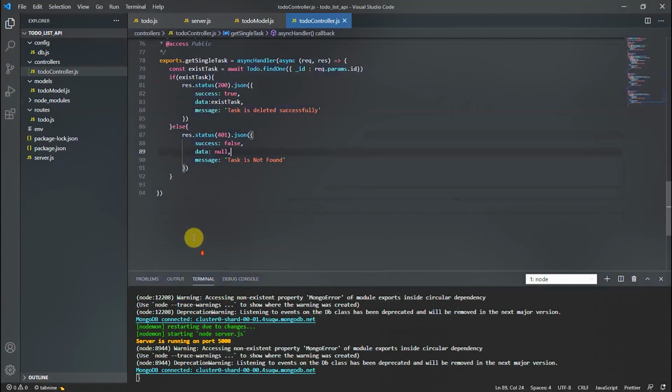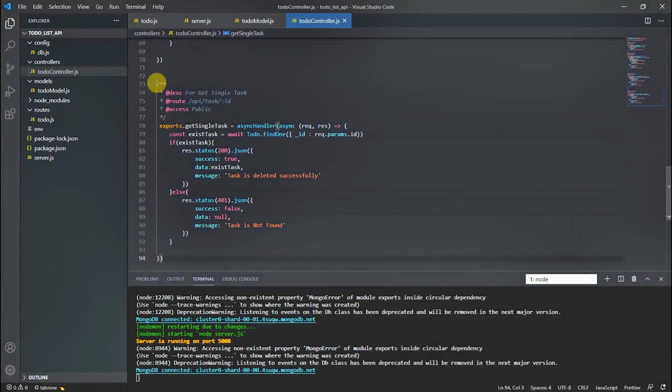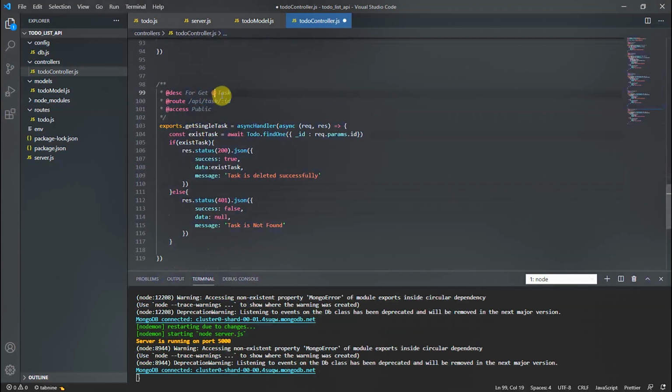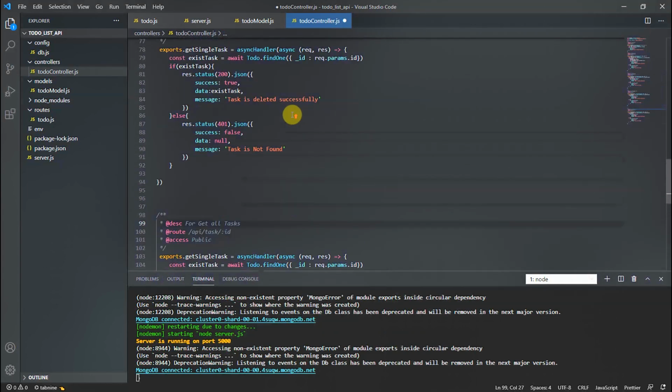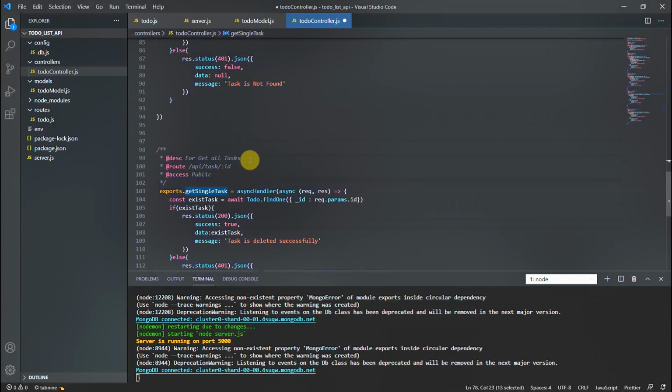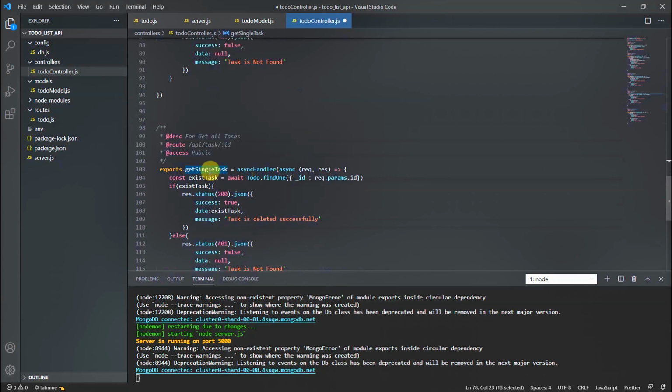And another is left. Okay, I will do this one also. This is get all tasks. Copy this function, getAllTasks. Sorry. Okay, this getSingleTask, you will get with the task ID. But you need to get all tasks, right?